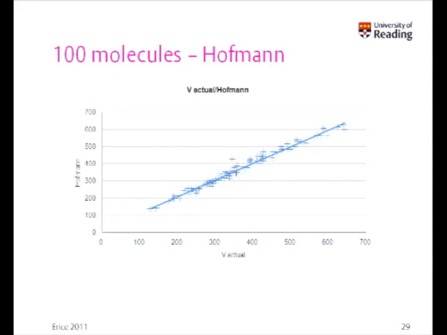In contrast, when you do it with the Hofmann method, it's a much tighter distribution. It's not perfect, there are still outliers, which we still need to have a bit of a look at. But I think the bottom line is that we should really be moving away from the 18 angstrom rule and towards Hofmann's, particularly within powder diffraction, because we want to remove any uncertainty that we have before investing time in a candidate solution.